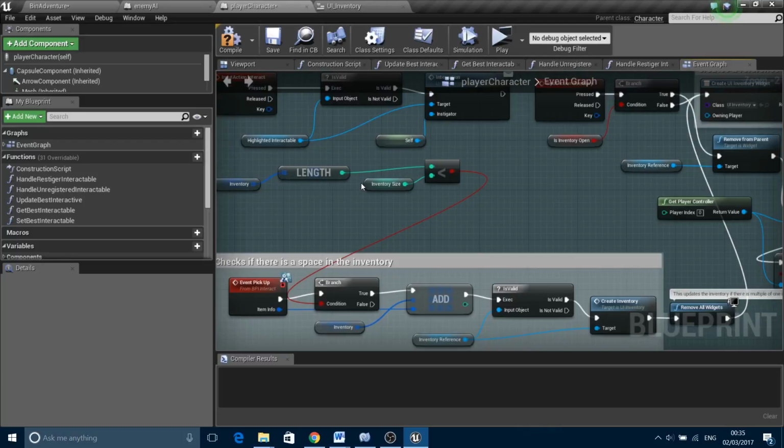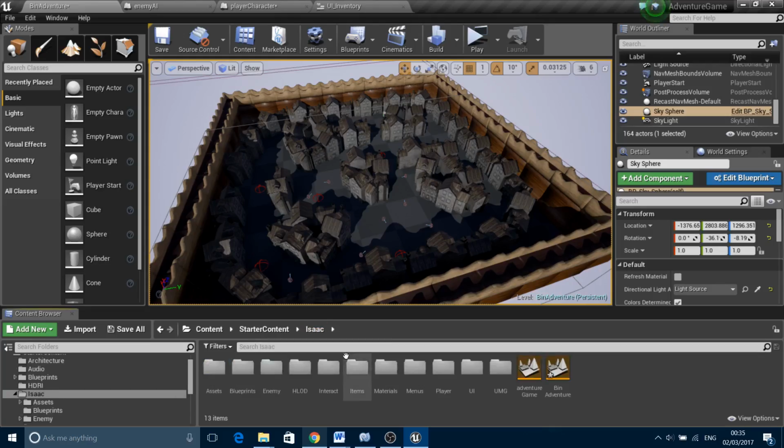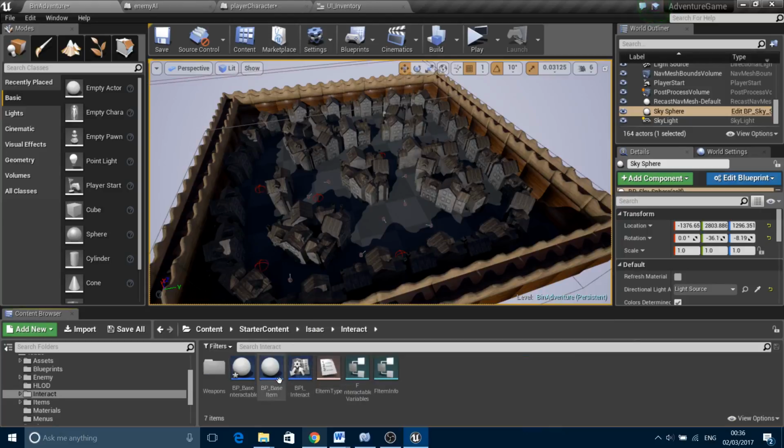And I created inventory size, and once an item is picked up, it then divided into events. The event would come from the inventory, and then the event from the VPI interact. And all the VPI interact is, if I go to the interact folder, it's basically the base for the item. So you see the red circles on the map, that's the base of the item. That's what's allowing me to interact with the item, looking back at the previous